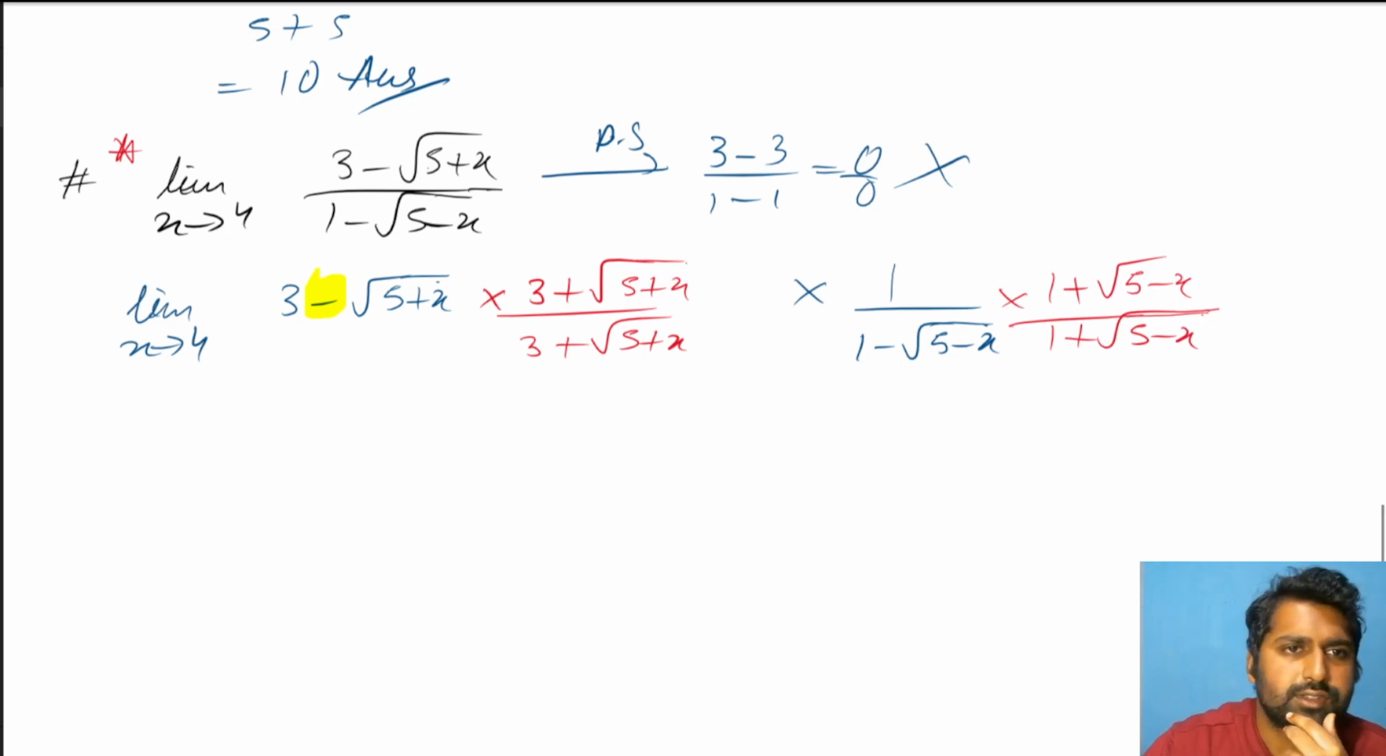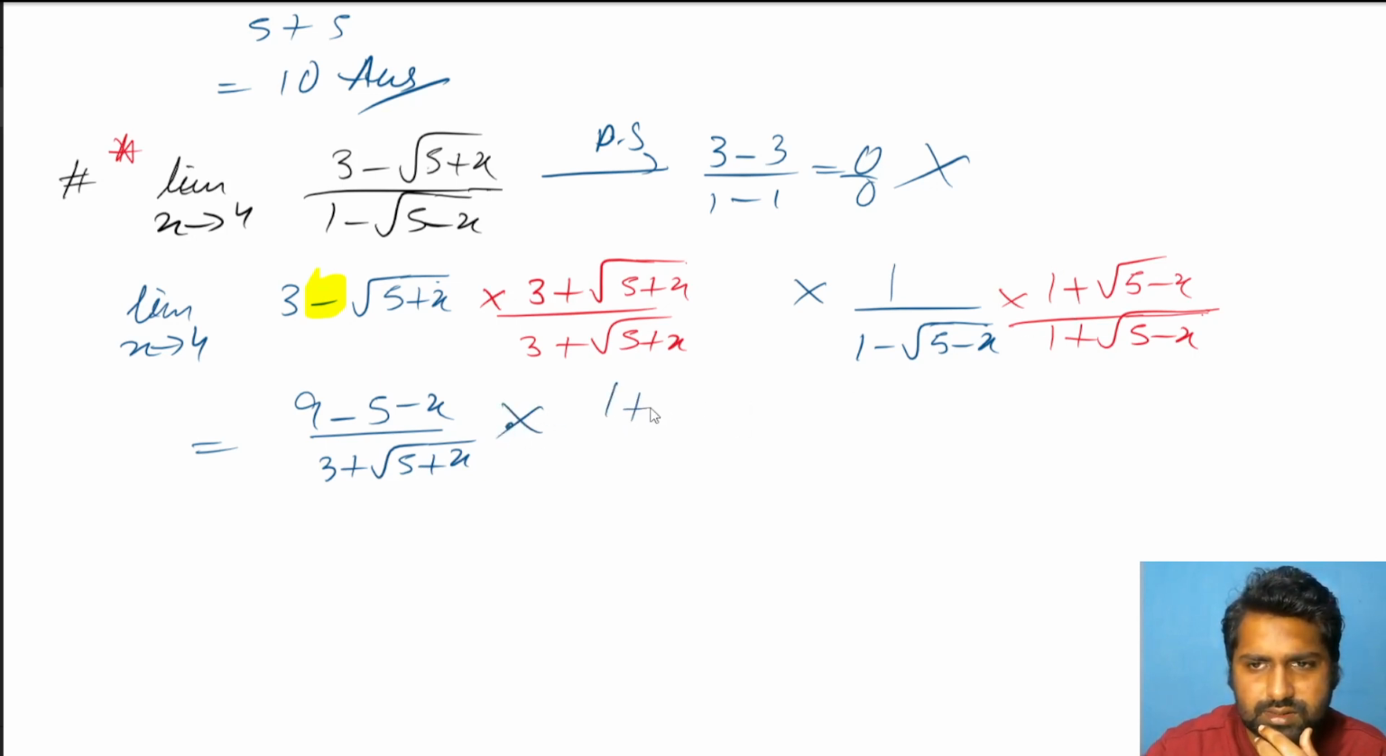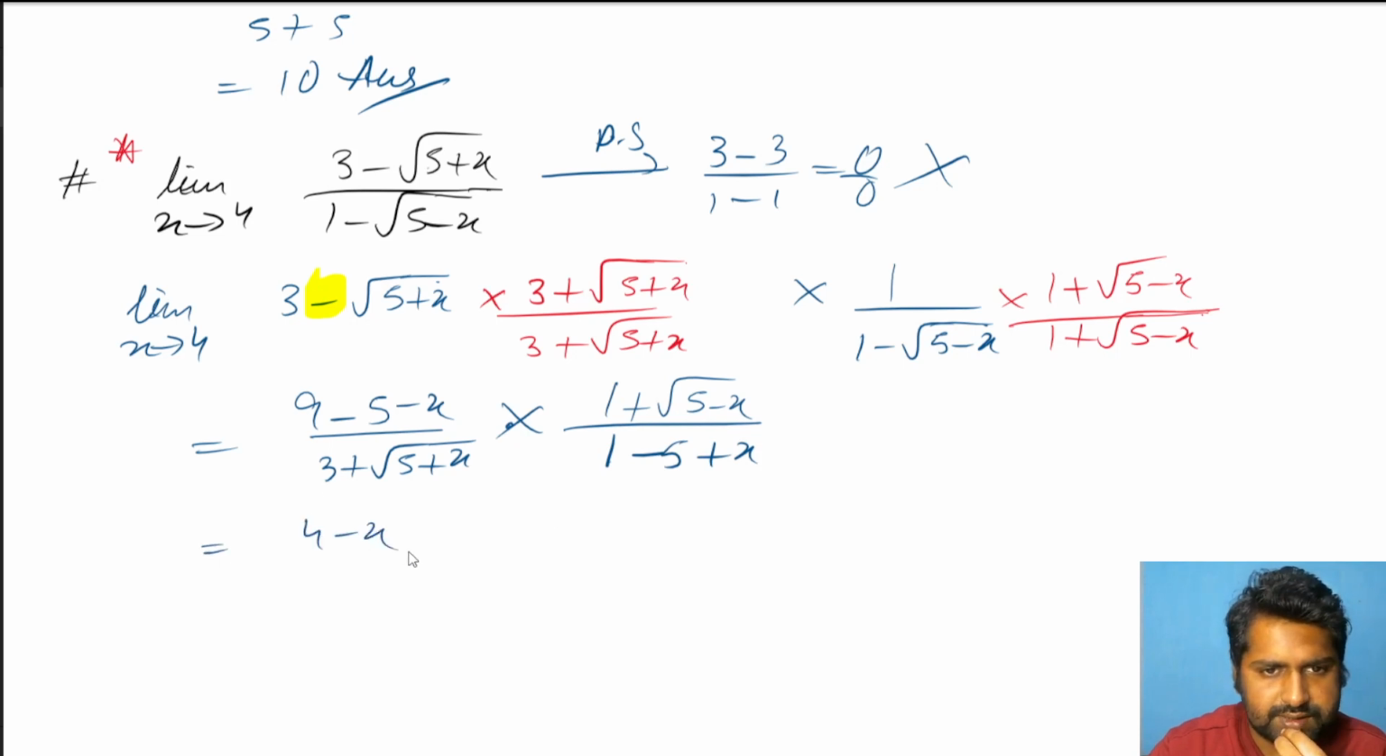Okay, let's solve. Numerator again a square minus b square, so 9 minus 5 plus x. No, that will also become minus now once you open the bracket. Okay, upon 3 plus square root of 5 plus x in the square root into this one, numerator as it is, denominator is 1 minus 5 plus x. So this becomes 4 minus x upon 3 plus square root of 5 plus x. This becomes 1 plus square root of 5 minus x upon